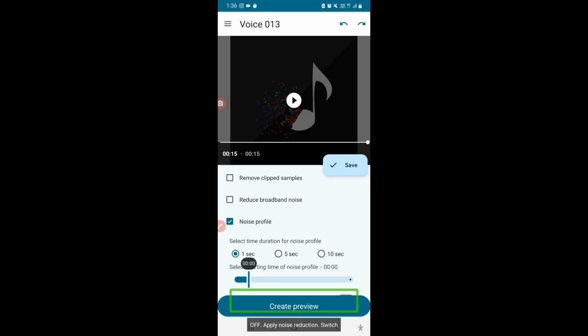And then what you do is simply click on generate preview and then you save it. Now since I'm not creating any noise profile over here, I can just save the audio by clicking on save. If I click on generate preview, it's going to generate it on top of the audio, just like I explained now. So this is how you can